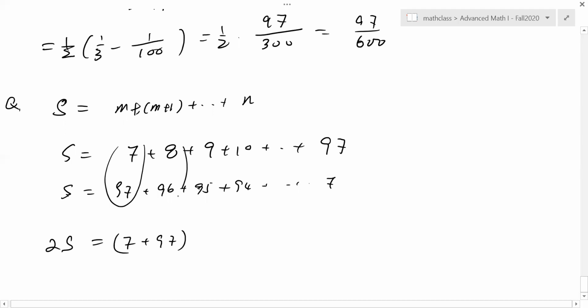All of them will be the same number. They're all the same number, okay? So it will be 104. But the question is, how many terms do you have here, right? You have to multiply by the number of terms, right? The number of terms here is going to be 91